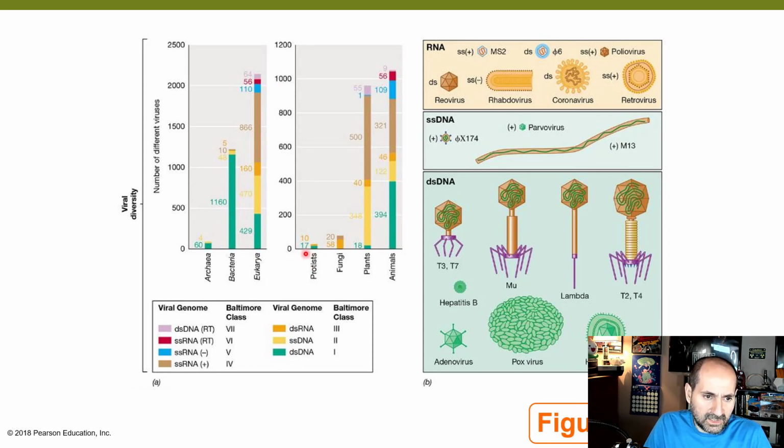And if you break the eukarya up into their kingdoms, the fungi, the plants, and the animals, and not the kingdom, but the group of protists, you'll notice that animals are the most diverse in terms of the types of